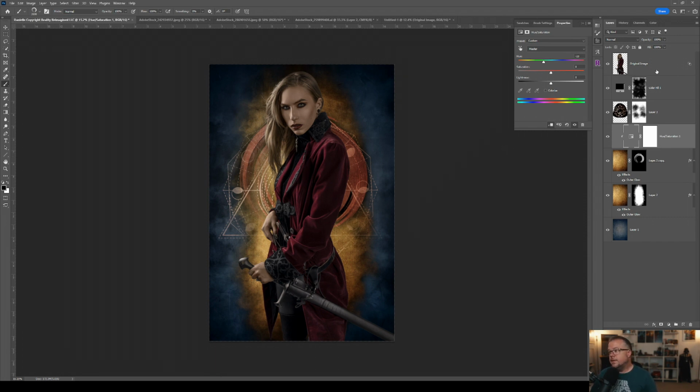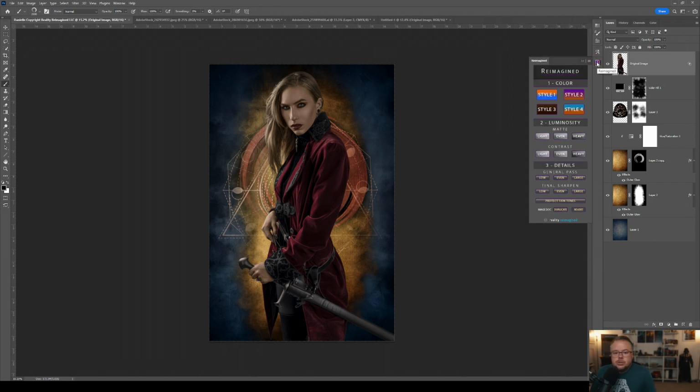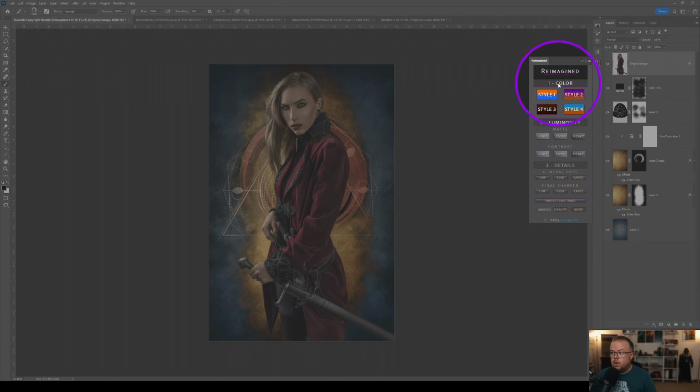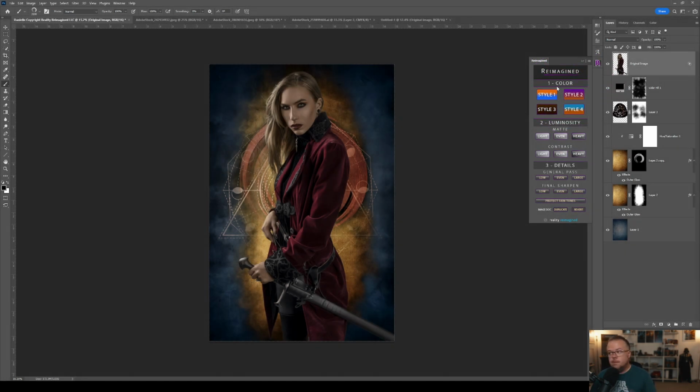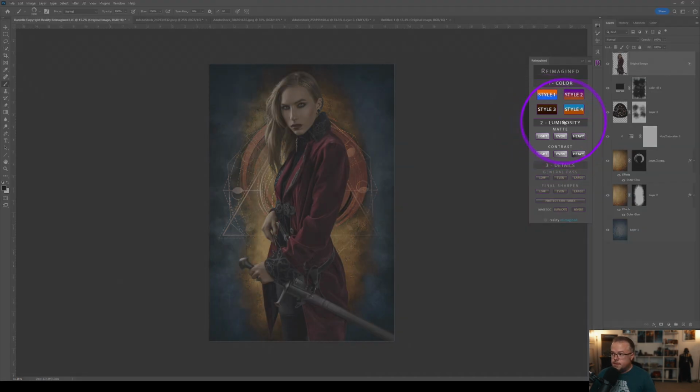Now, the last thing that I want to do is to give this a color grade, and I'm going to use the Reimagined panel, which is an art plugin for Photoshop that I created. And it functions on the three principles, the three fundamentals of Photoshop to me, which are color, luminosity, and detail. So it gives you the option to create immediately first, step one, a color grade. You can choose any of these four styles and you'll get to see them. And then if you don't like them, you can click another style and it would create it for you. Then it goes down to the second section of luminosity values, and then the last section for details, color, luminosity,